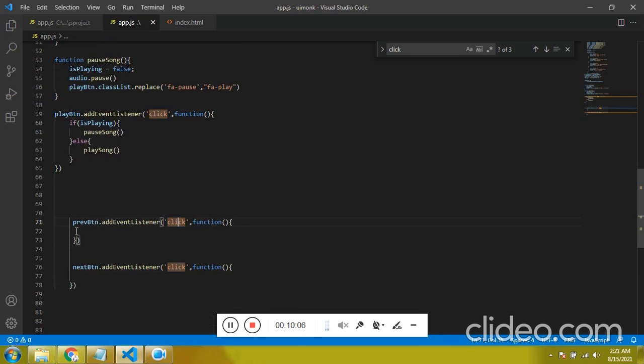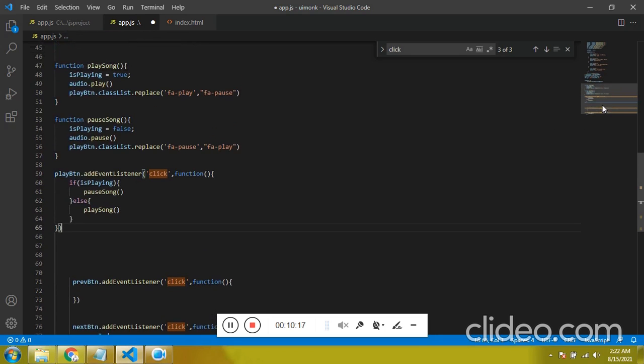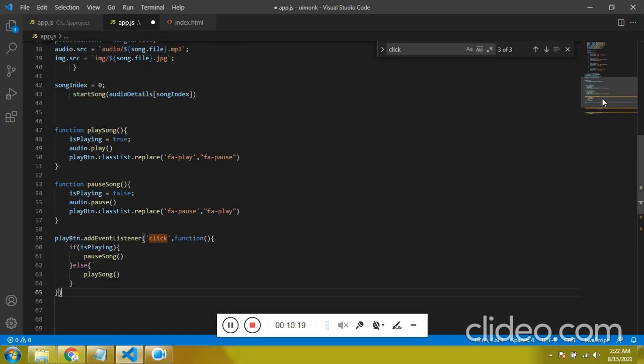So if I press next, that means we have to increment this song index, and then what we need to do is we want to play the song.